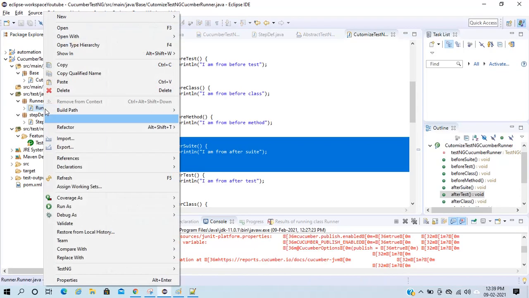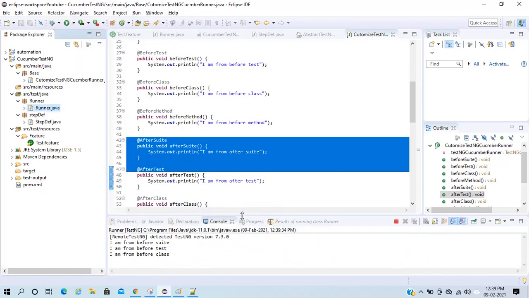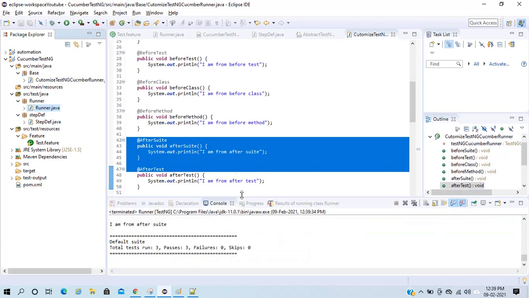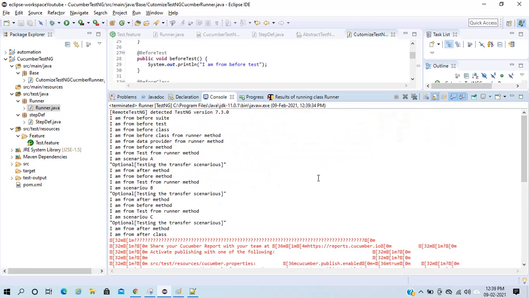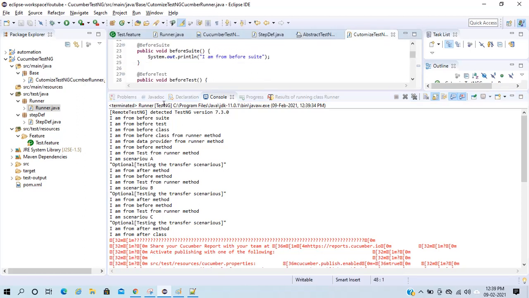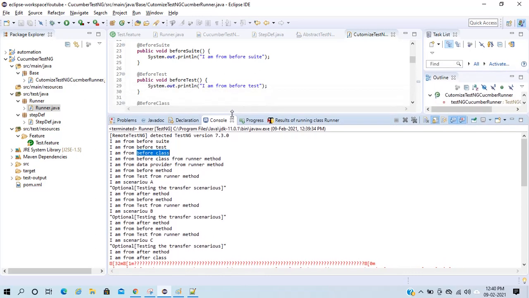And now observe this carefully. What happened here is my before suit, before test, before class got executed.